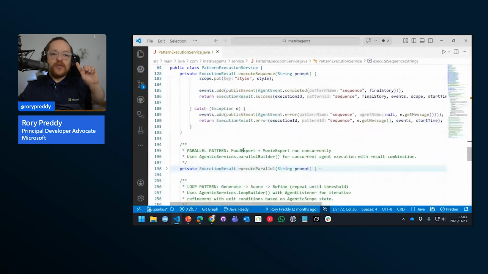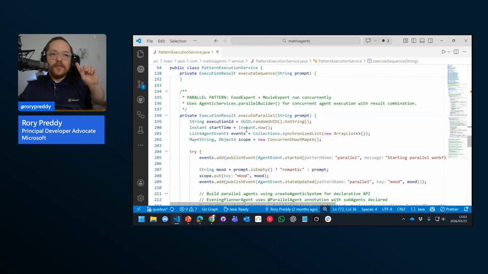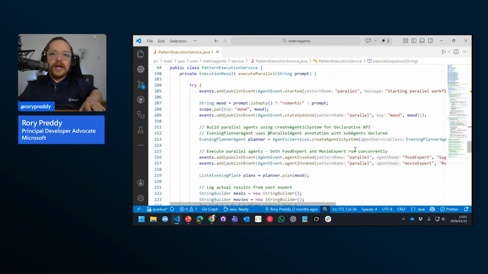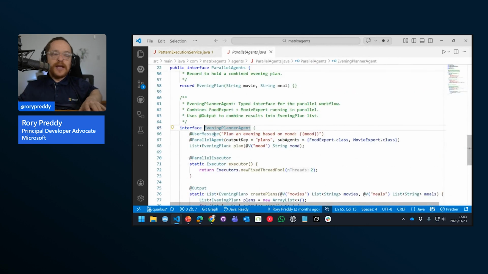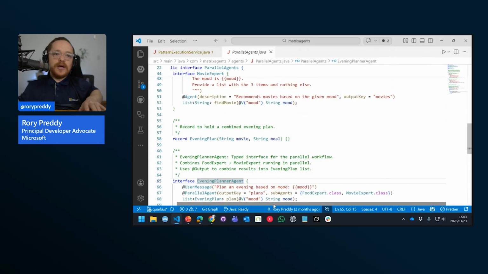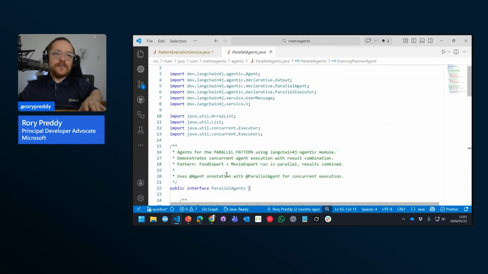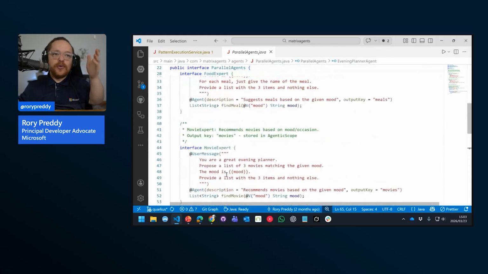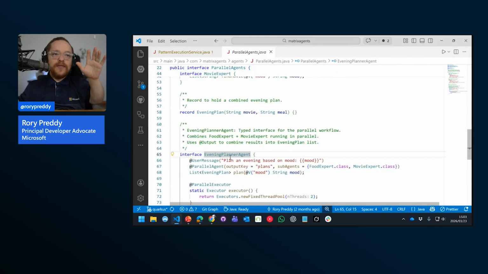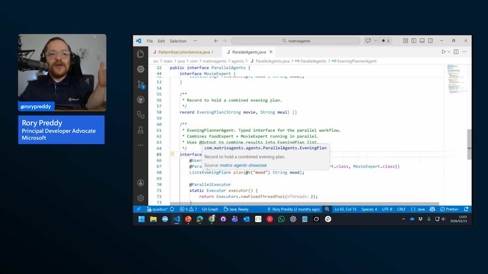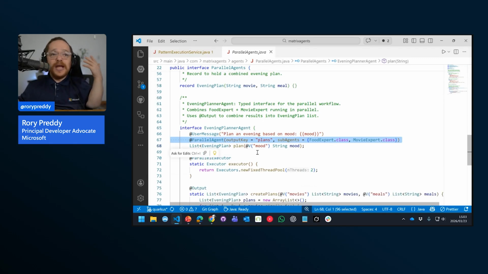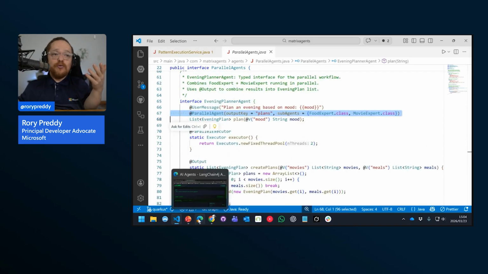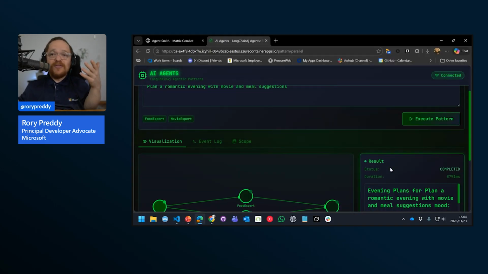If we look at what the source does here, execute parallel, we've got an evening planner agent there. We've got parallel agents: the food expert, the movie expert, and then the evening planner agent, which is just an interface that says, go run these things at the same time. And it's actually going to go in and execute that and run them at the same time and create the plans. So really quick in comparison,